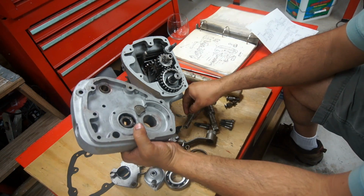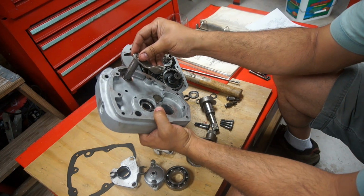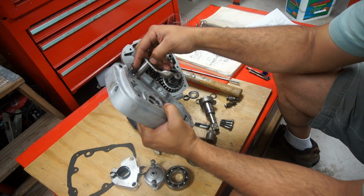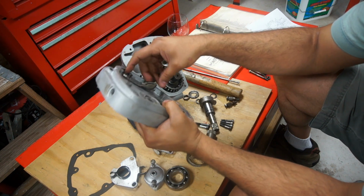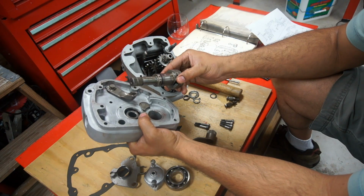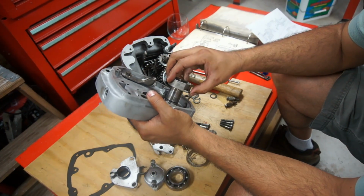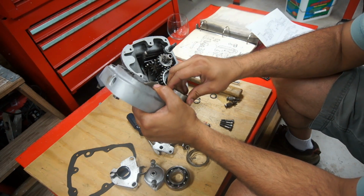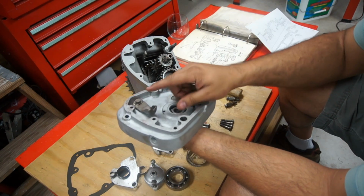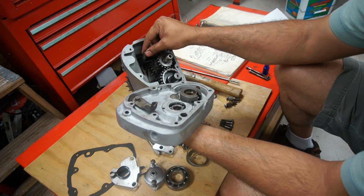How we do that is, first of all, we gotta insert the gear selector in here, put some grease in between here, or oil, thick oil. Next would be the Kickstarter shaft. Put some grease on here and shove it through the cover. Put the cover on. This gear selector would go right over this